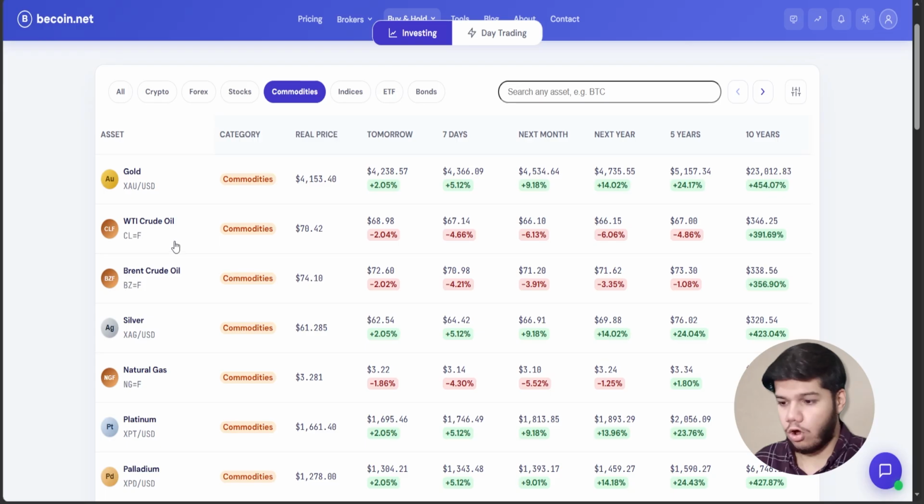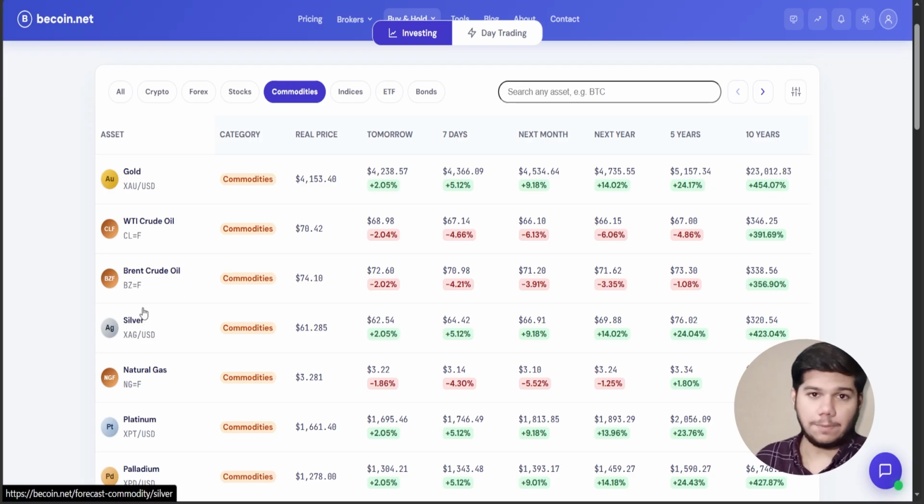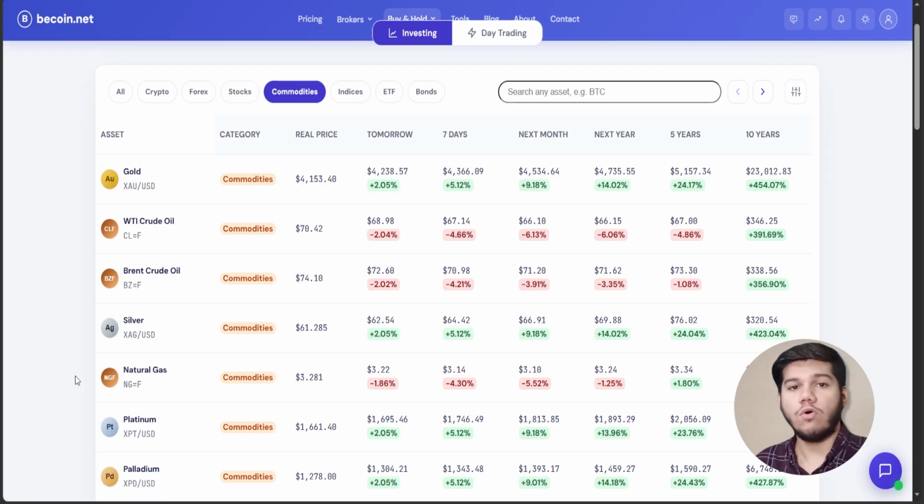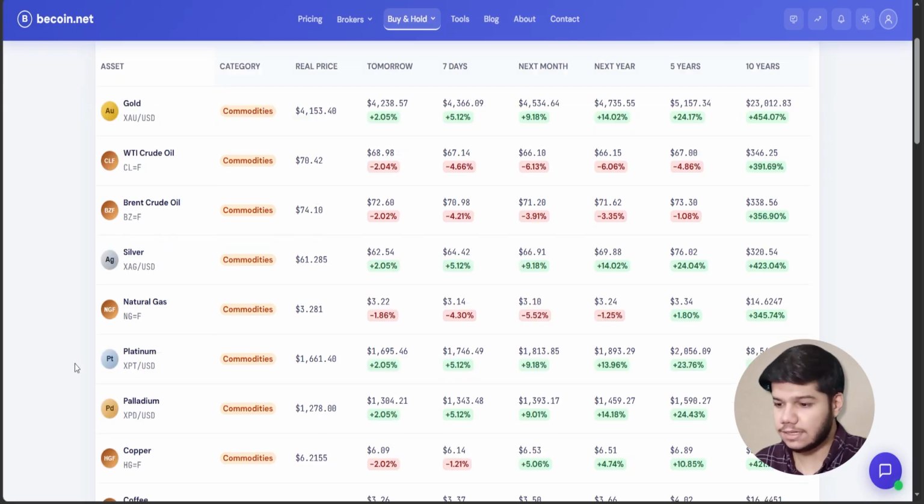Number two, let's come to WTI crude oil. You know that in the recent war zone, when the war was happening, oil prices shot up so high because the oil passage was blocked and the oil supply chain was disturbed. So whenever you see any news related to war or any supply passage blockage, you can go for WTI crude oil, because this is an asset which can go really higher or really lower depending upon the geopolitical news or the factors influencing it.